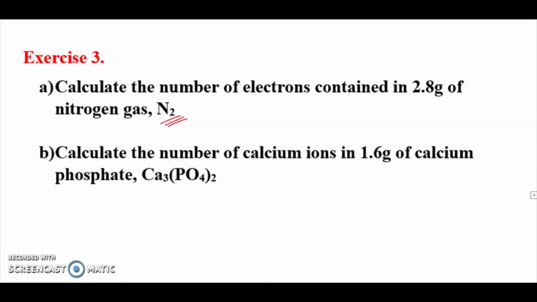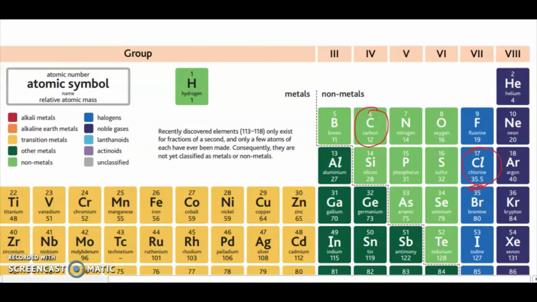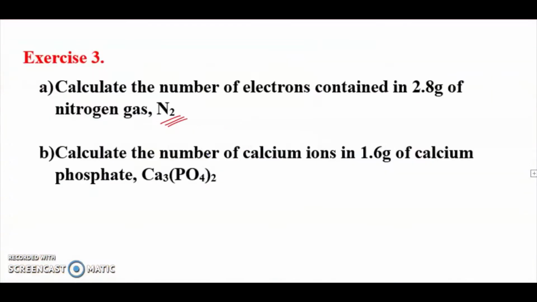So let's get to the periodic table to see nitrogen. Here we have nitrogen on the periodic table. Nitrogen has a mass of 14 and an atomic number of 7. Since it has an atomic number of 7, it means an atom of nitrogen has 7 electrons. Remember, in the neutral atoms, the number of protons is equal to the number of electrons. So let's go back to the question. Okay, so let's look at the moles of nitrogen gas,